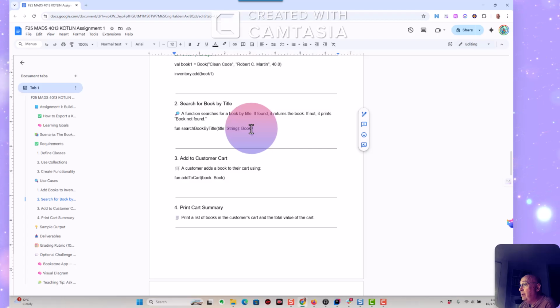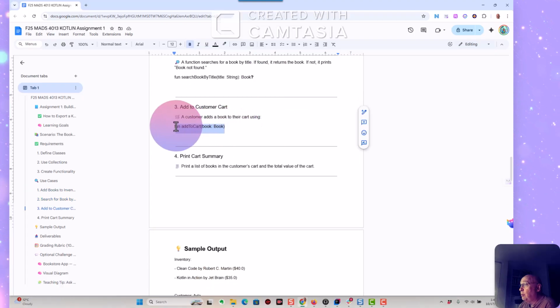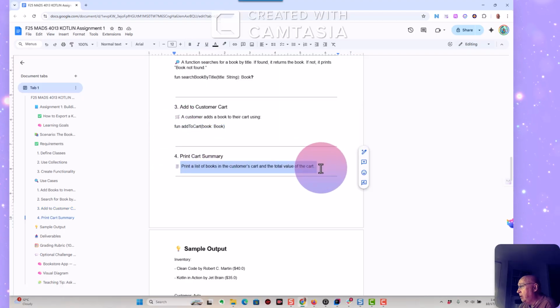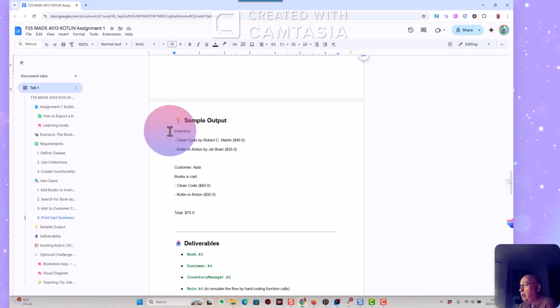Now, I don't believe we have yet talked about the concept of optionals. I'll get into them tonight, but basically optionals is a thing Kotlin has to accommodate stuff we're going to need in Android, so we're talking about what the optional does. Right, so a customer can add a book object to their cart, and they can print a summary, just like in the Star Trek project we did yesterday, the code example, where we showed how we can make a report on the starships. Well, we're going to make a report on our cart,